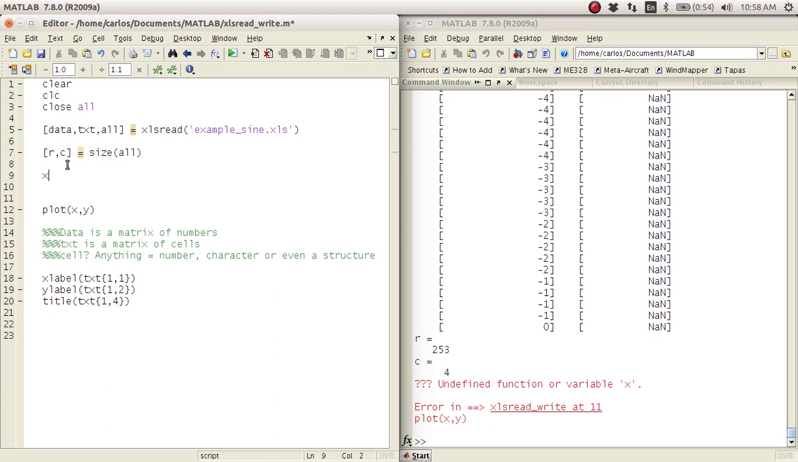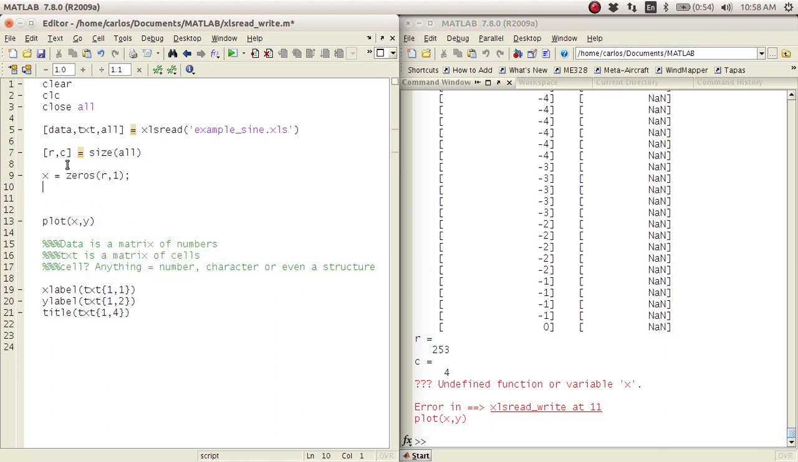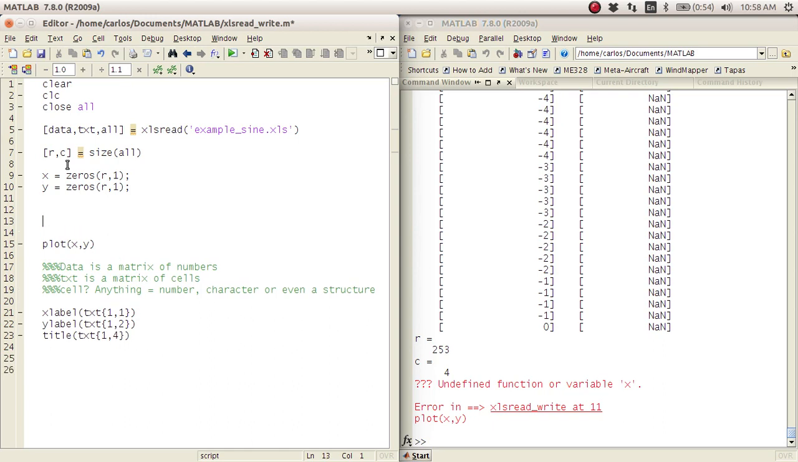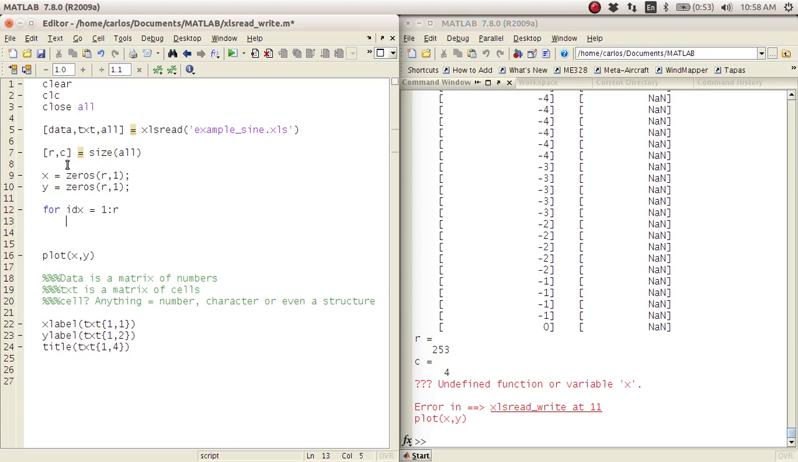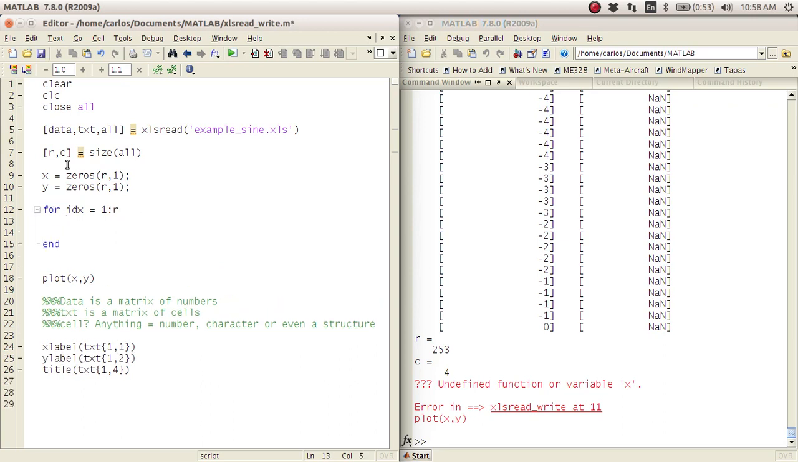Now the reason why I wanted to do that is because I want to make a matrix of zeros that's the same number of rows as all, and then y is the same number of rows as all as well, like this. So then what I'm going to do is for idx is 1 to r, so I'm going to loop through the number of rows, and I'm going to say that x of idx is equal to